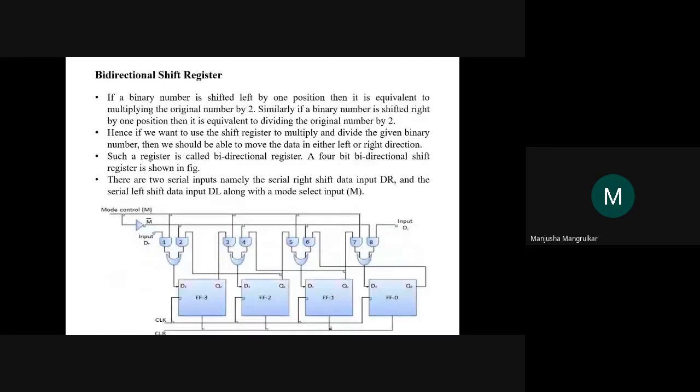So we can see one more mode, the bidirectional shift register, for both directions. Now we have seen from left to right. It could be right to left also, from MSB to LSB and LSB to MSB. In a microprocessor, there are registers that shift right, shift left, shift right with carry, and shift left with carry also. There are four registers for shifting data or rotating data, which are called rotate registers.